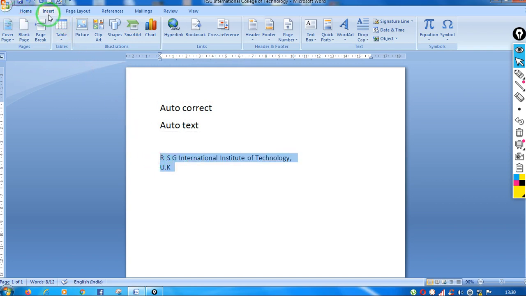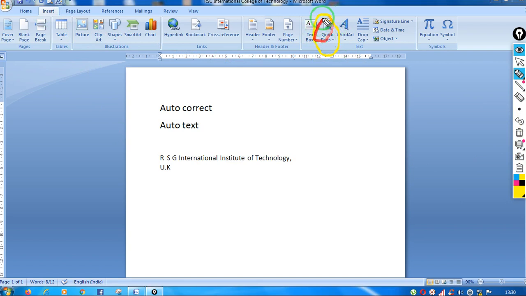Next to the Home tab, you will find the Insert tab. So after selecting the text, if you want to create AutoText or use the AutoText feature, go to the Insert tab, and in the Insert tab you will click on Quick Parts.